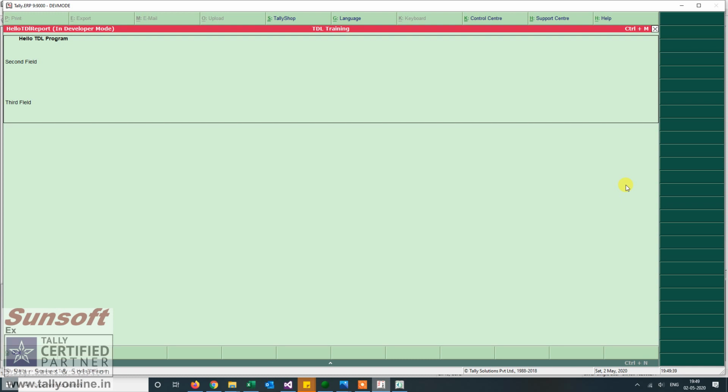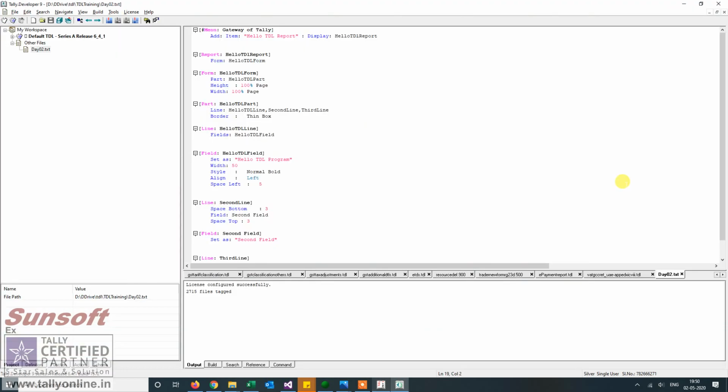Now we see that in spite of giving it as a 100% page, the border is closing at the end of the third field. This is because we have just given width and height.